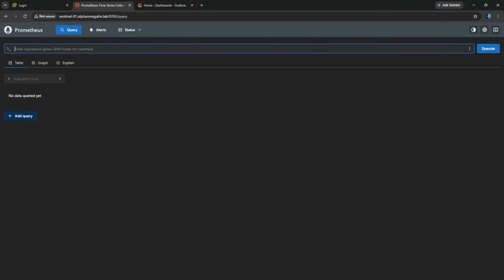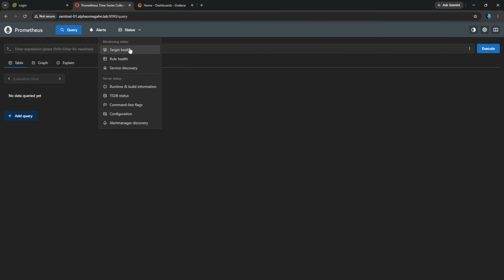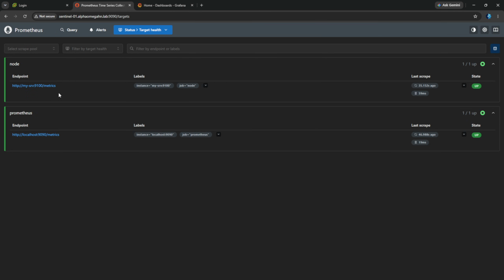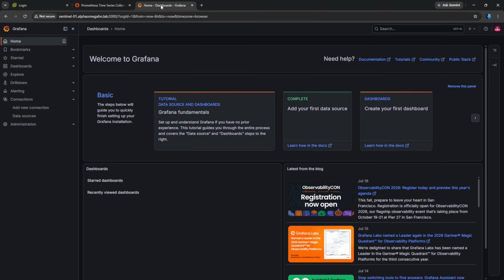Okay, so now if I go back to the Prometheus website or UI, if I go to status and do target health, now I'm able to see my server. It's pulling metrics. Good. So now let's configure the dashboard. Let's see if I remember how to do this. So we want to go over to